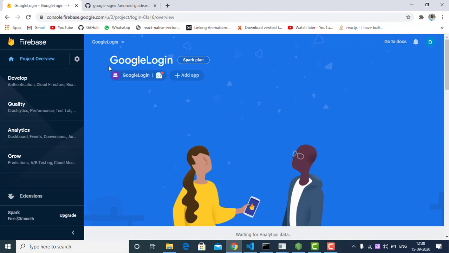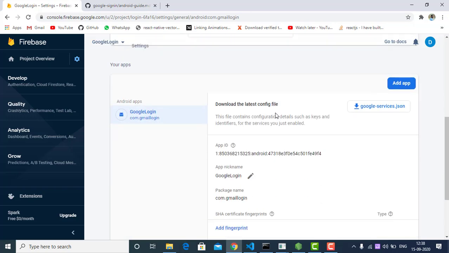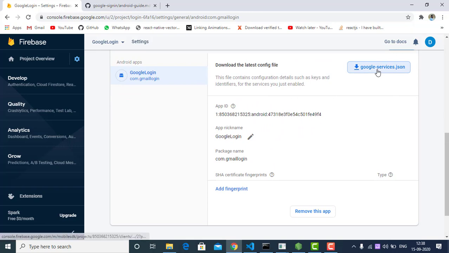So what I have to do is go to the project settings. You can click here and go to project settings, or you can just click here and go to settings. Here I can find google-services.json. I am going to download this one.